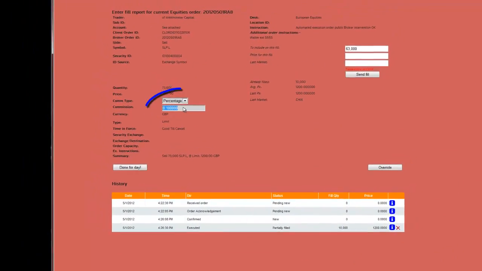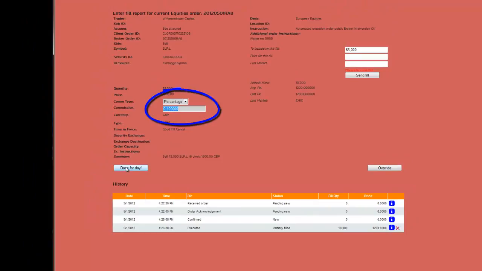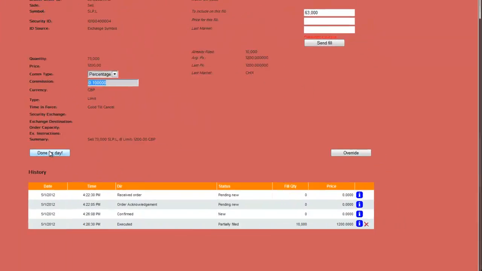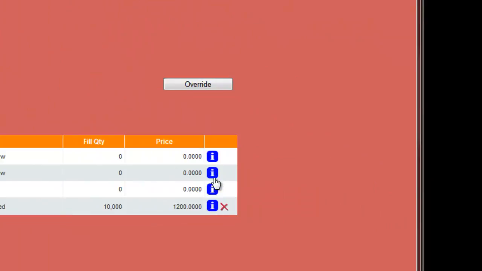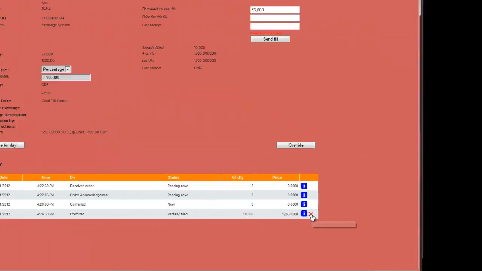User can override default commission in here, and then done for day an order. Commission is only ever carried out with a done for day message. He can also cancel and amend fills,